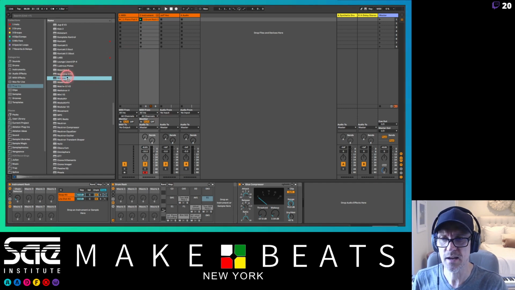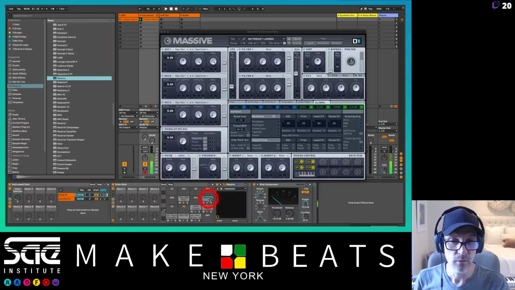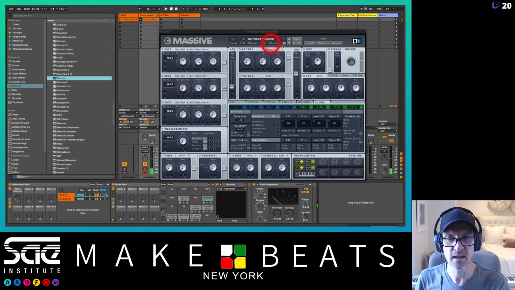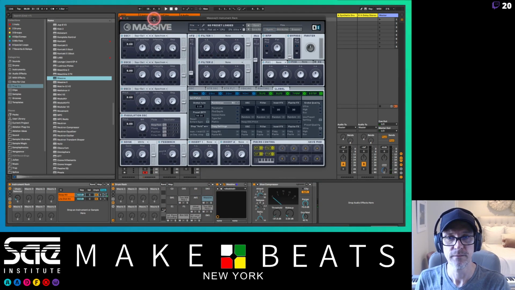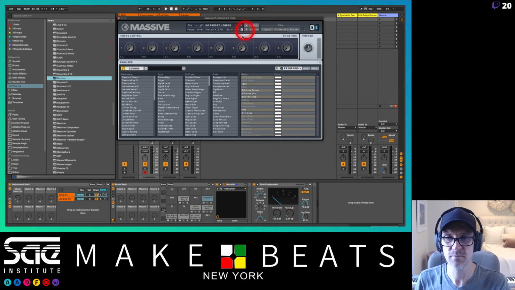And all I do is just take my instrument and drag it onto whatever pad I want it to be on, in this case B. And now, when I hit it, I can actually see Massive is right here. So what I'm going to do is go into Massive, go to my browser here, which might take a second to pull it up because I have all of these